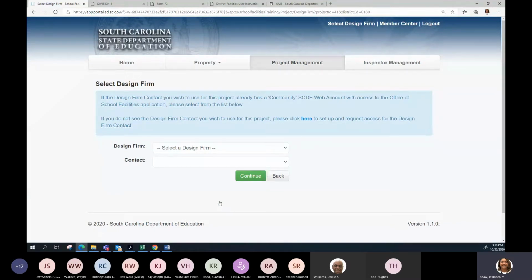Now, at this point, you want to select who your design firm is going to be. You will see a list of design firms that we'll go ahead and populate within the application. We do not have that list currently. We are working on it, but essentially you'll see names of design firms, and it is the actual name of the firm. Right now, we just made up JCS. And at JCS, you want to select the individual that works for that company.